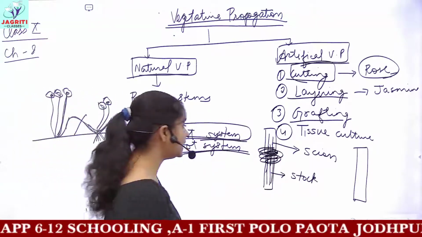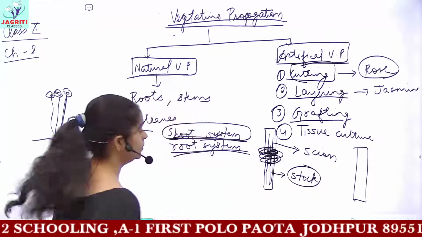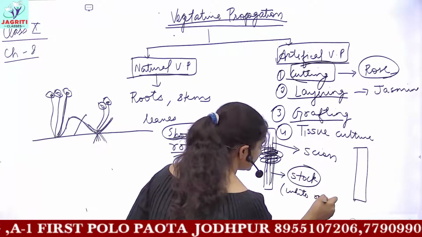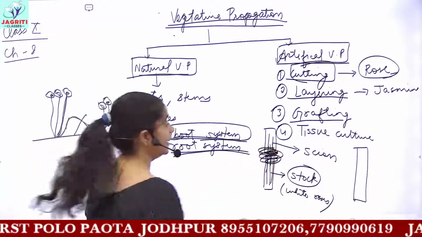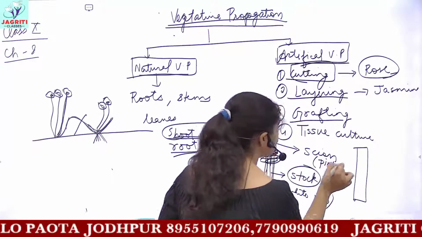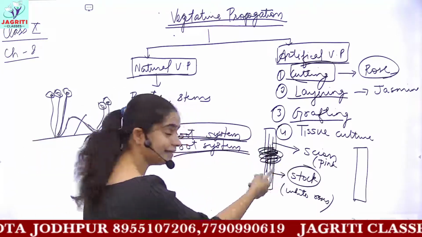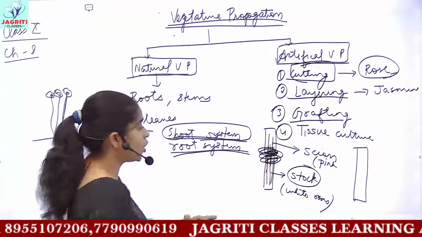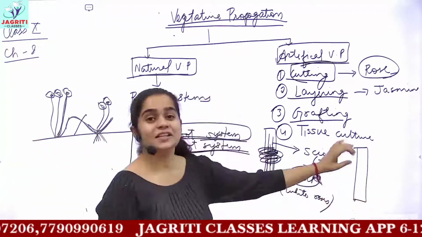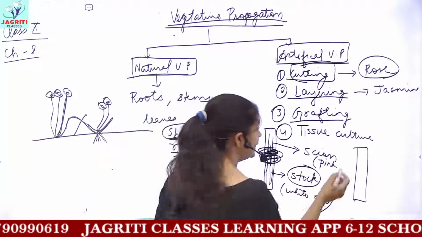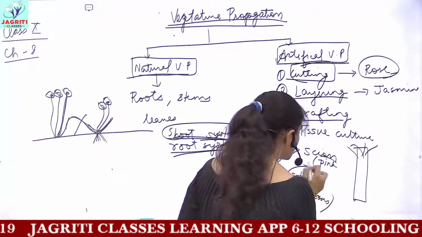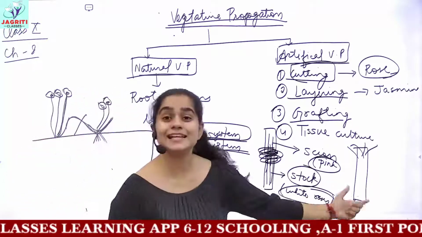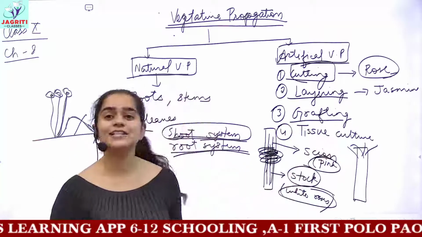Let's suppose you take the stalk of a rose plant which had white colored roses, and then you took a scion part which had pink color roses, and when you graft them together, you tie it with a cloth, and if you are successful, then both the stalk and scion would join together, they would combine integrally also, and then you will get the plant which shows both the traits, that is pink and white roses on your single rose plant. So this is the advantage of the grafting method.